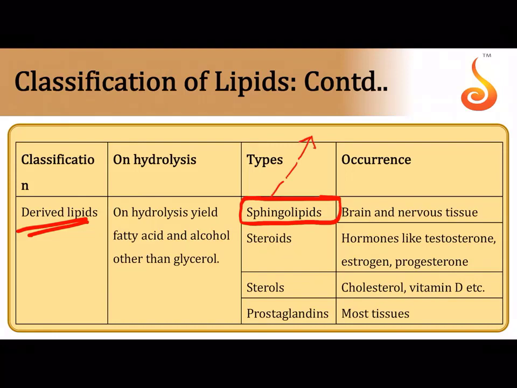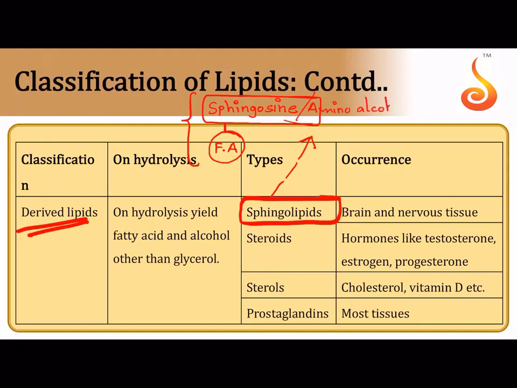In sphingolipid, what happens is, there is a fatty acid as usual, but instead of glycerol, there is a new alcohol that is called sphingosine. Sphingosine alcohol is connected to a fatty acid. Such a molecule which does not have glycerol, but instead has another alcohol called amino alcohol or sphingosine, is referred to as sphingolipid. Sphingolipids are nothing but compound lipids again. They are bound to a fatty acid, and this complex is formed by the sphingosine, which is an amino alcohol. So let me write here.